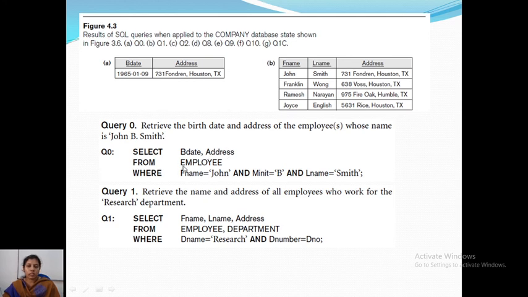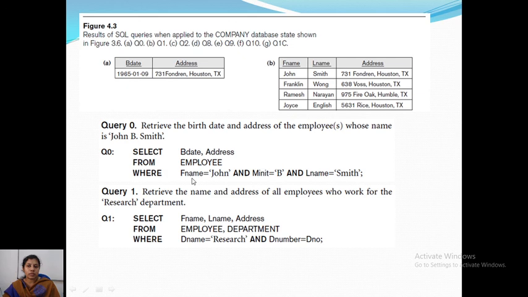In the from clause, you have to specify from which relation you are fetching the information. These two attributes are in employee. So from the employee relation we are fetching. In the from clause you write employee, and in the where clause the condition is whose name is John B. Smith.